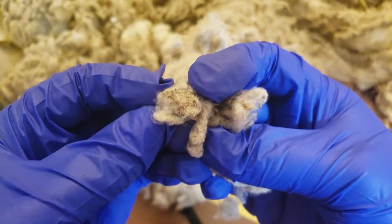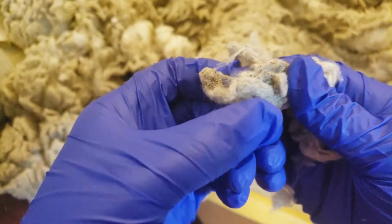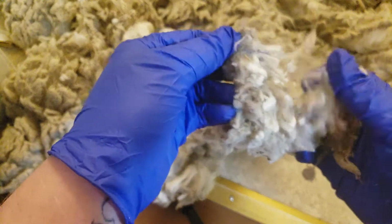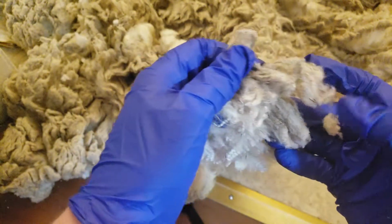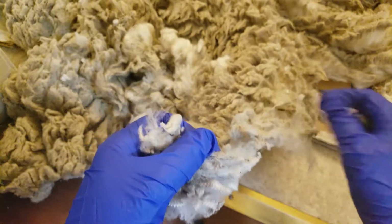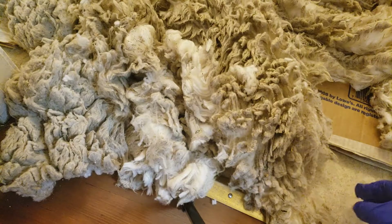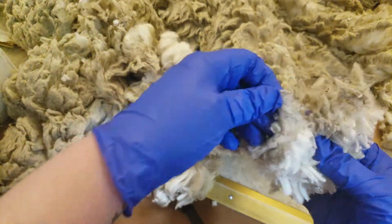Right there's a big burr. Take him out. This sheep got in a lot of burrs. There's some more second cuts. That's kind of matted. I'm gonna go ahead and take that out. This is a